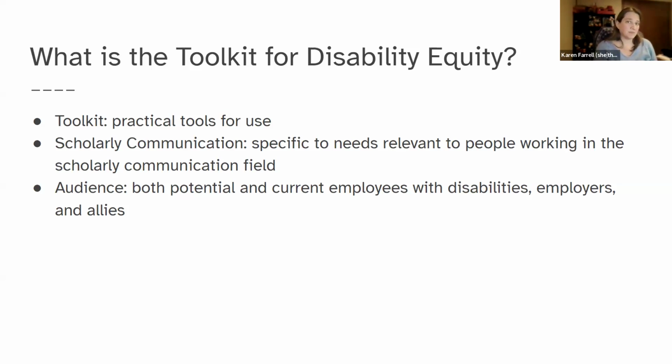It's also, again, focused specifically on scholarly communications rather than trying to open the door wide to cover all sorts of issues. We tried to focus it specifically on the kinds of issues that folks in this industry are going to likely run into. And we also really wanted to highlight serving other people with disabilities. So while we also do have some resources for employers, we also have resources for colleagues or allies. We really wanted to emphasize helping folks with disabilities find success in the industry.